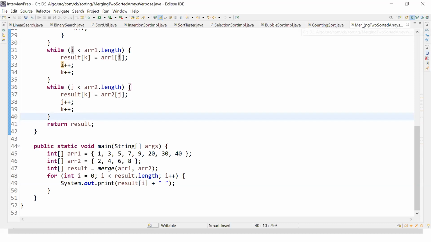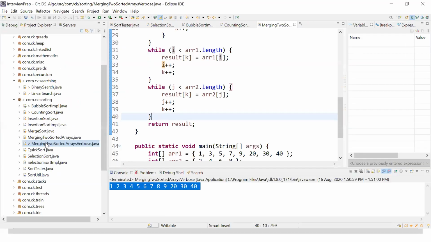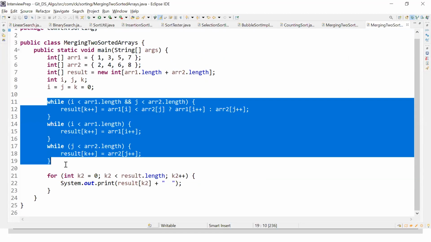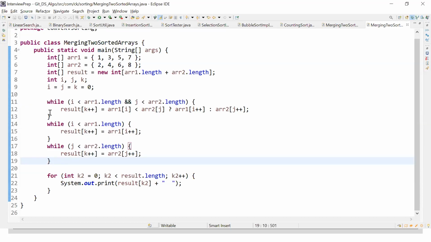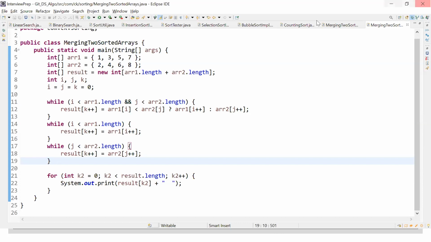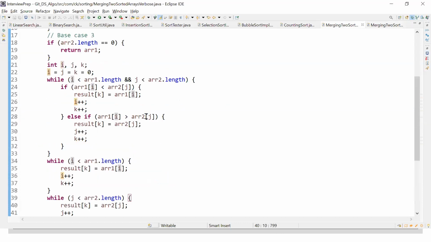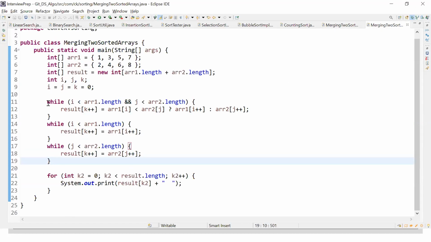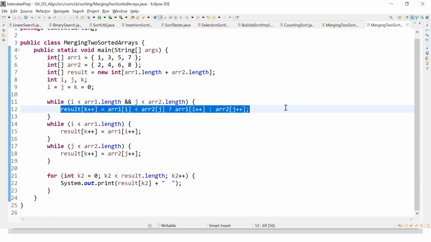But let's say I want to make this, which is verbose code, as simple as possible, right? I can write it in this way. I'm using a ternary operator, guys. If you do not know what a ternary operator is, then maybe you can go through that. Here in my verbose code, the whole while loop which I have written over here can be made so simple like this using a ternary operator. That many lines of code can be reduced to this many lines of code.